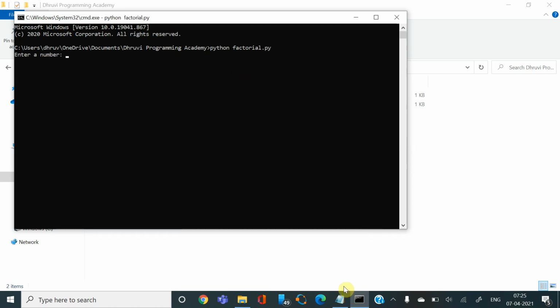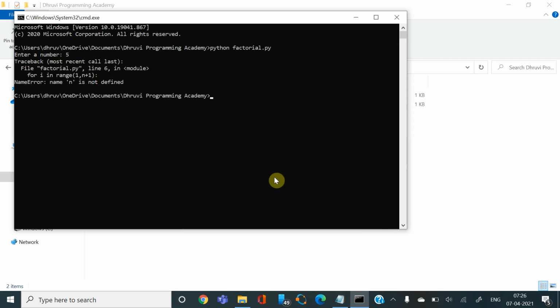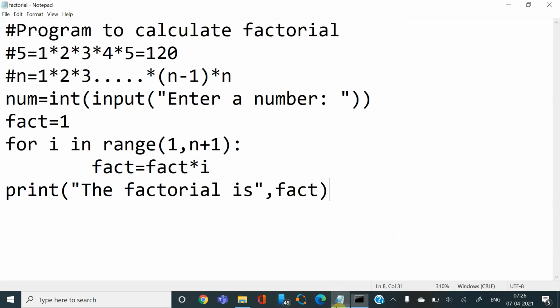So we have got enter a number. So our number we'll write, say, 5. Oh, what just happened? Okay, name n is not defined, and okay, so we have declared the variable as num here. So we should have written for i in range num plus 1 and not n plus 1, right?